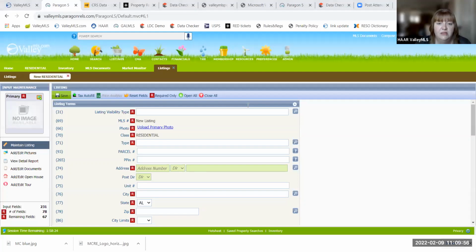So I've got a question here. Someone says, if we have a new construction spec home, can we activate it as proposed construction and market it without accumulating days on market? That's correct. If it is currently not being constructed, so you'll have to forgive my lack of understanding between what a spec home means. So I'm just going to define this out.